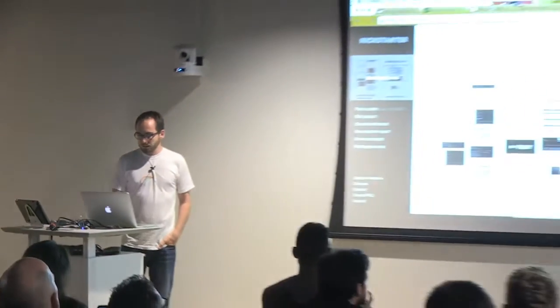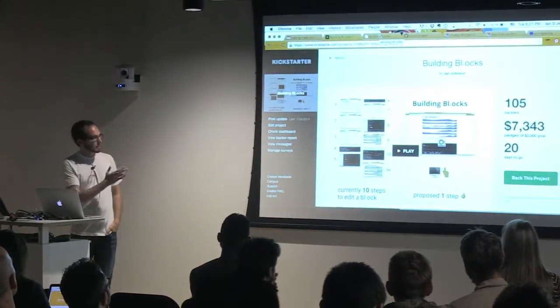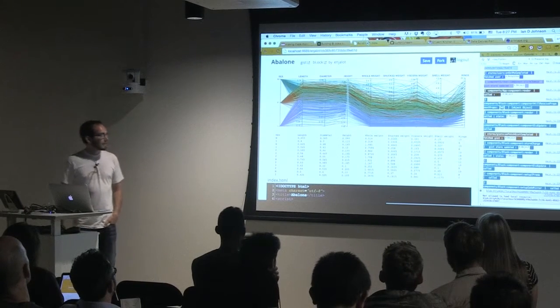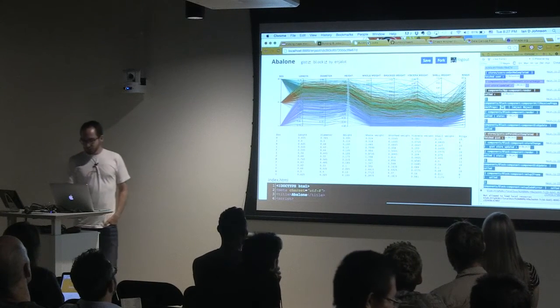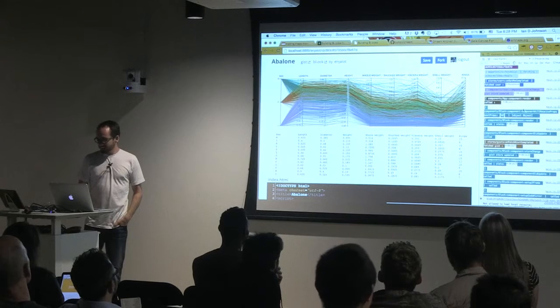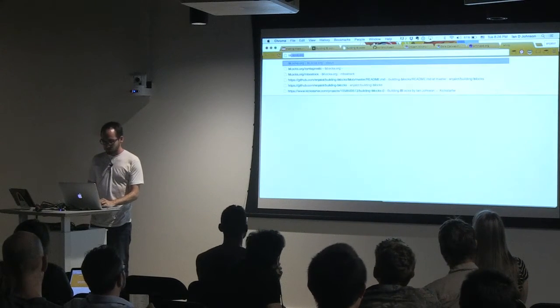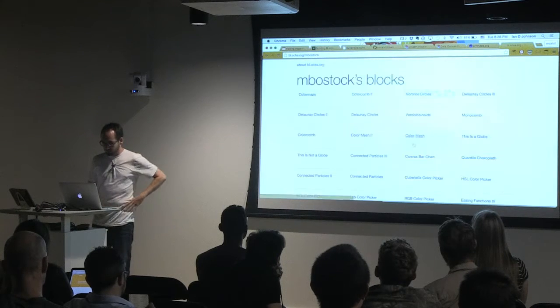So hopefully many of you have seen this project that I kicked off 10 days ago. It's a Kickstarter to try to make making blocks, or building blocks, simpler. And since you can see it met the goal, I figured I should start working on it. So I got a little prototype going, and I think it'd be more appropriate if I found a map-related block